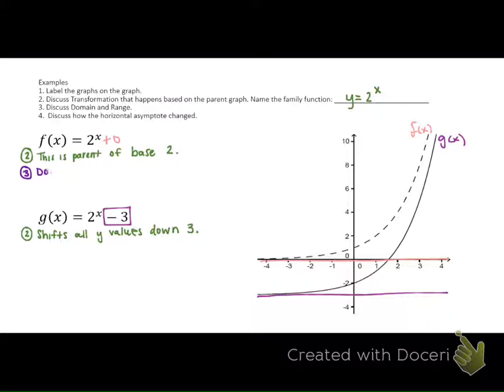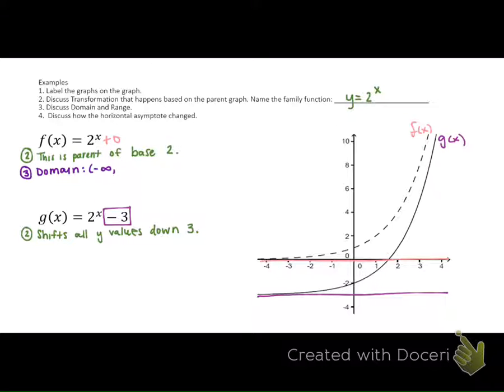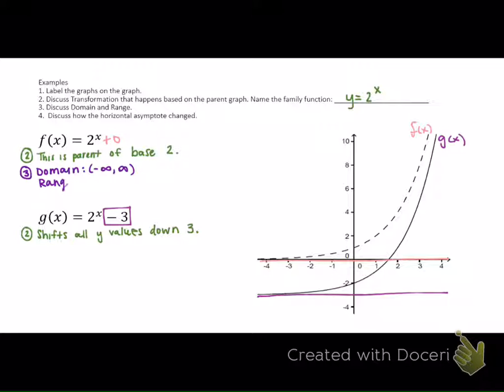Iris, what's the domain of the first one there? Very good. And what's the range, Iris? 0 to infinity, asymptote up. This is not in context, so we don't have to worry about certain things being negative or not. It's just a problem you're doing, so you don't have to worry about making sure the domain and range make